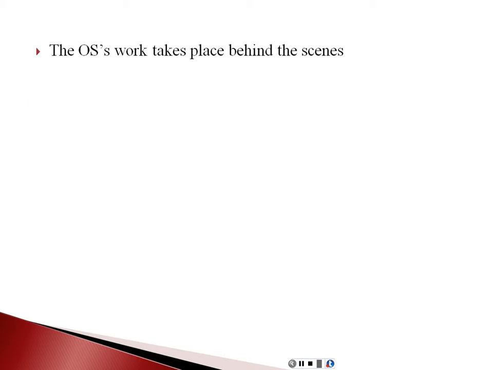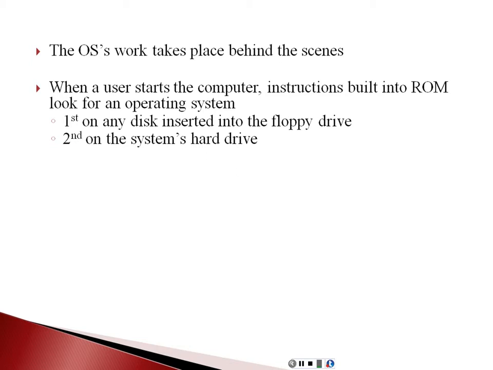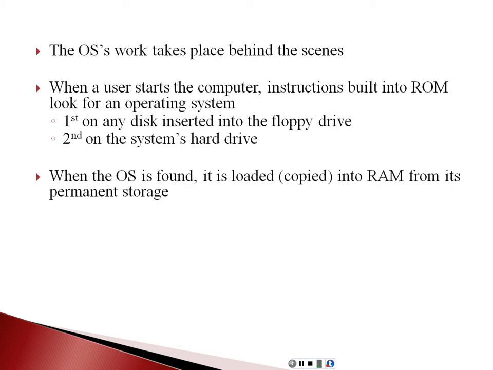The operating system's work takes place behind the scenes. It's going on and you don't realize what all's going on when that operating system is at work. And when you start your computer, there are instructions built in to the read-only memory that go out looking for the operating system. First, it'll look on any disk that's inserted into a floppy drive, and then it'll look on the system's hard drive. When that operating system is located, it's then loaded or copied into RAM from its permanent